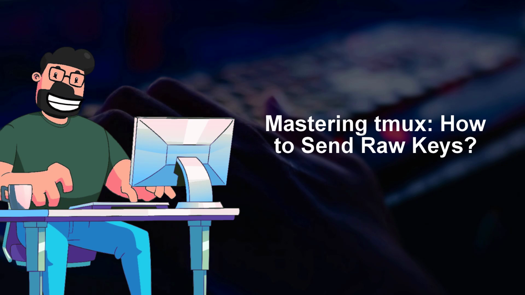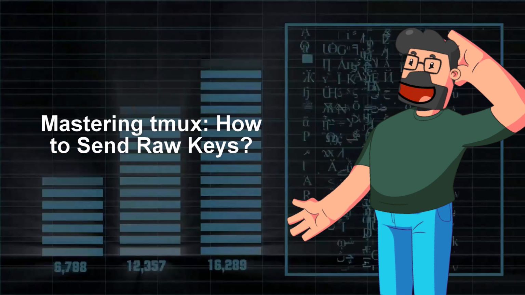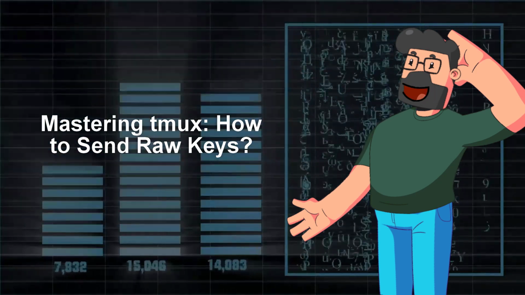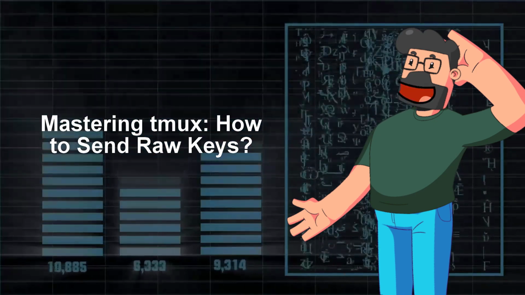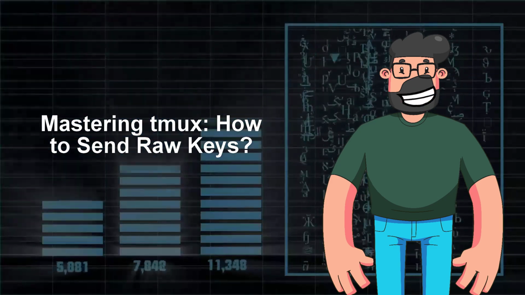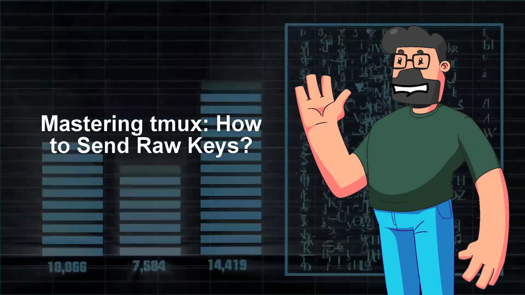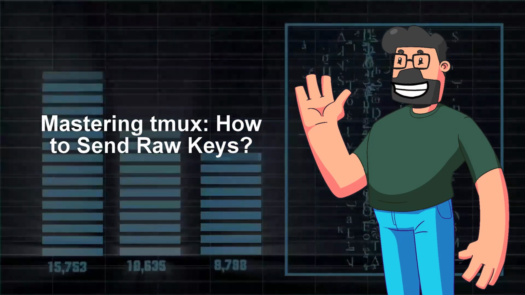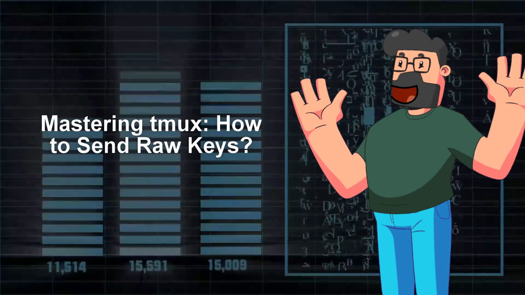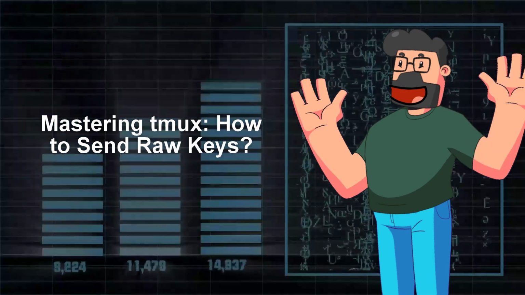programmatically within tmux. In summary, the key to overcoming the pesky translation issue when using the send-keys command in tmux is to utilize the -L option to disable key name lookup. This small tweak ensures that your keys are sent in a raw mode, allowing you to avoid any unintended translations that might occur. With this solution in hand, you can streamline your tmux workflow and eliminate any unexpected hiccups along